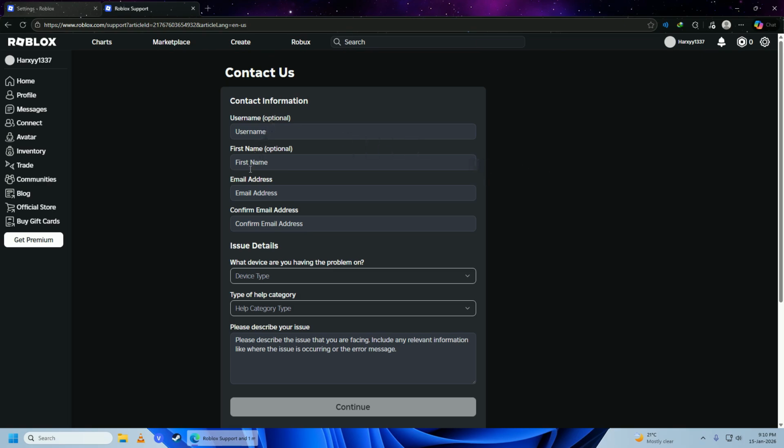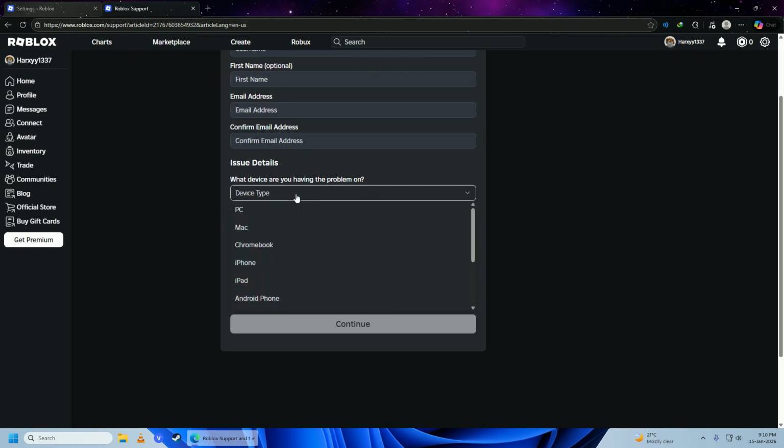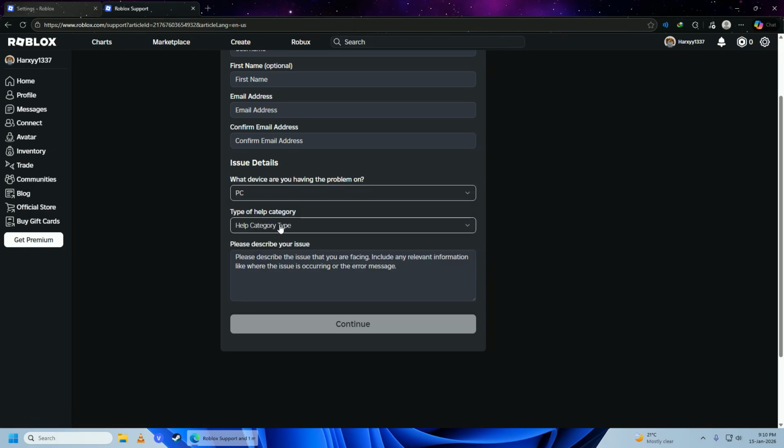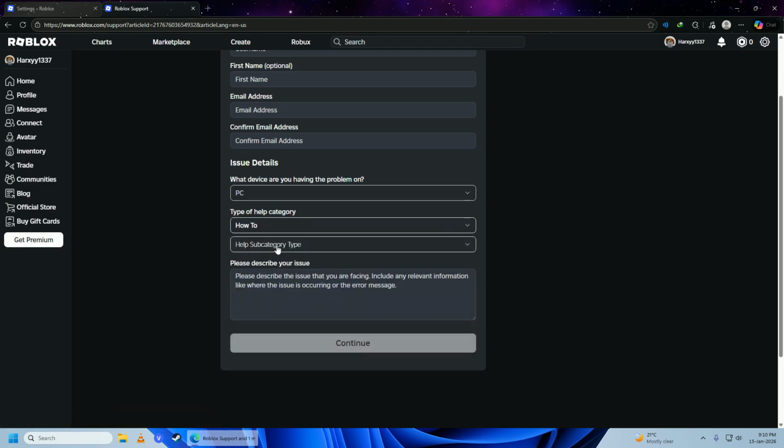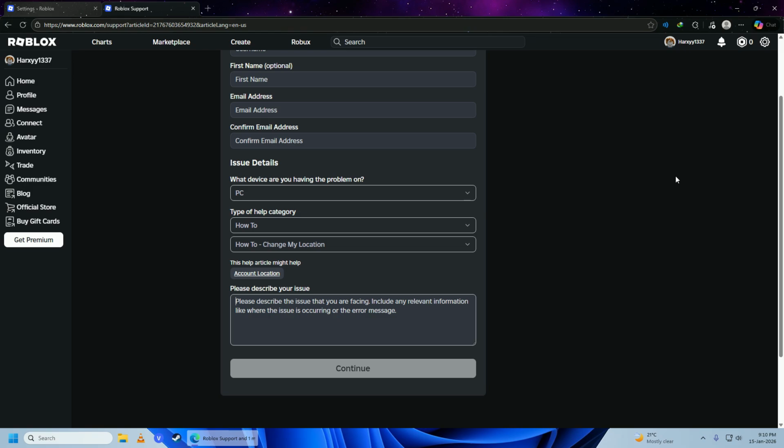And then you're going to fill in these details. Once you're done with these details, now you're going to click on device type. So I'm on a computer, so I'm going to put PC on here. After that, you're going to click on help category. Scroll down, click how to. Go into help subcategory, and then change my location, and here you're going to describe your issue,